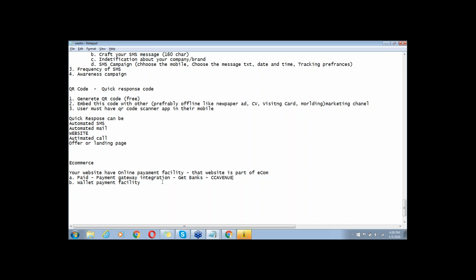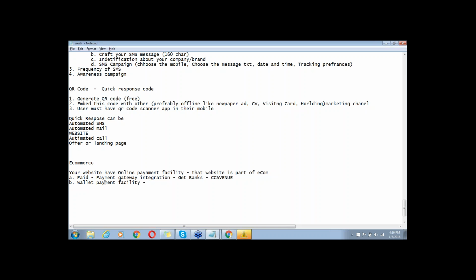So this is a little bit for established business. If you are just getting started and you want to integrate the payment facility in your website, and you don't have documentary proof that you are an established business, or you are not planning for any kind of fraud, then you can use a wallet system.